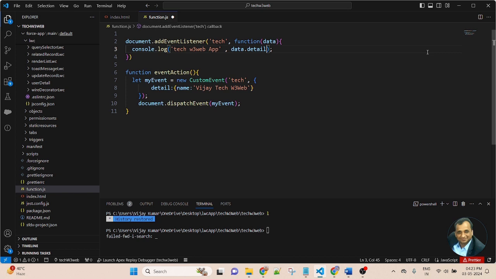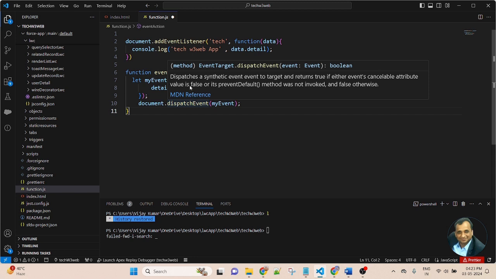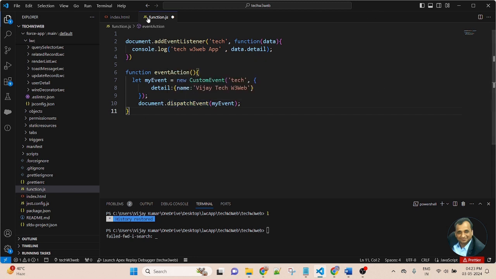So through custom event, I am passing the data from child to parent. In the event, detail is an option, and in the detail, I am passing data in object format. Here I am passing only one data, name and its value.